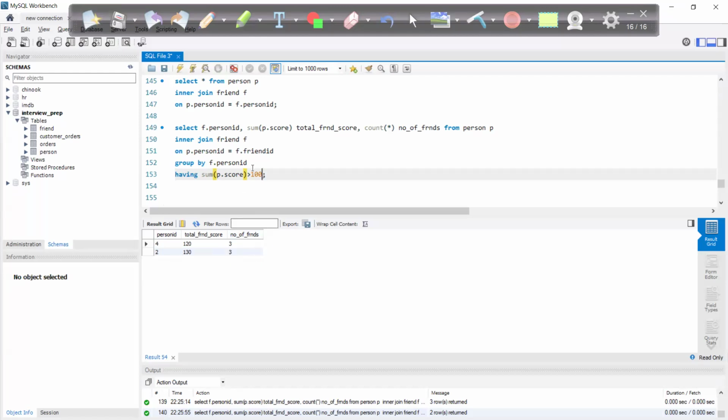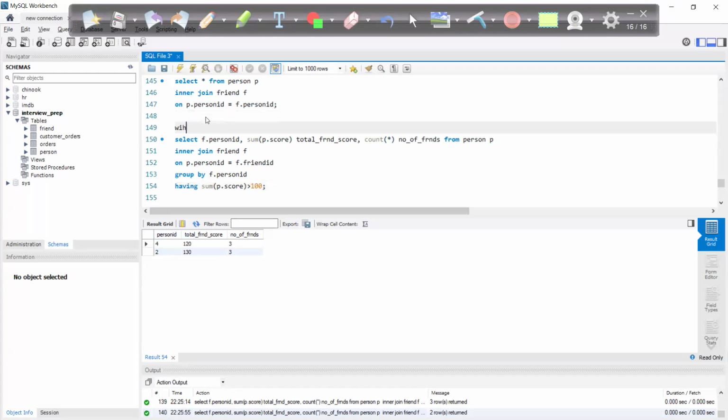I will join it further, this outcome which I got, I will join it further with the person table and get the name also. ये चार और दो कौन है, राइट। पर्सन आईडी पे ज्वाइन कर देंगे, तो इसको भी करा देते हैं, चलो। With score details as